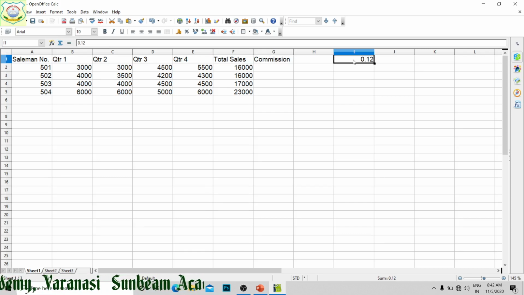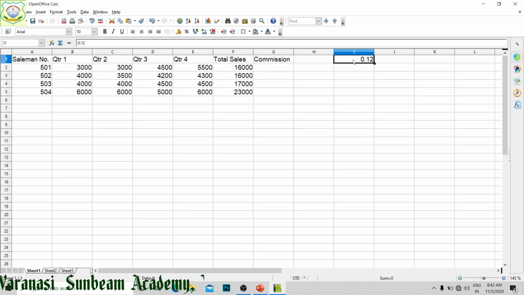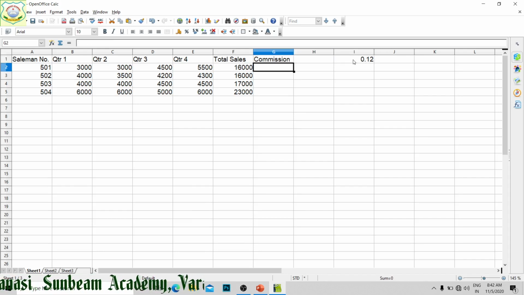This is fixed for every staff member, right? So we will multiply this total cell with this one so that we can find out its commission. So in this case, equal to this multiplied by it, we will make as absolute. To make this absolute, we can write dollar.